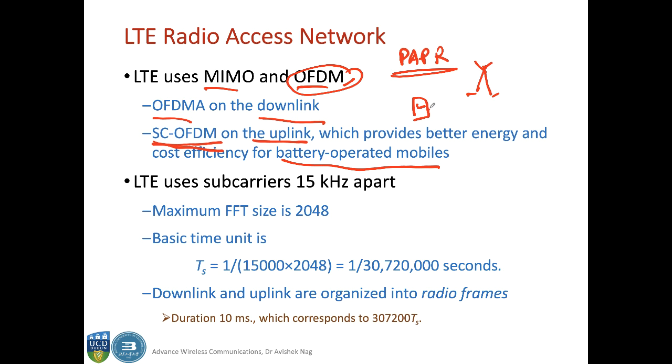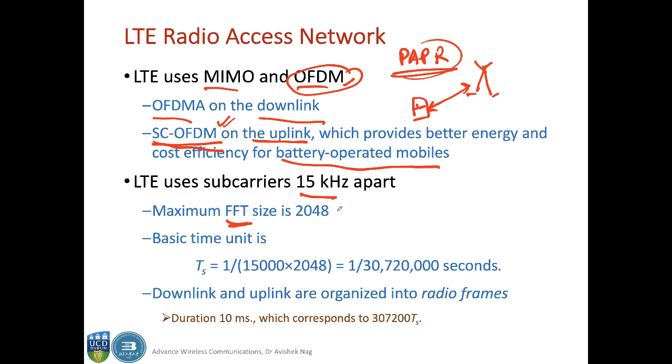For the uplink, your mobile phone is operated on a battery, and here you cannot have this high power consumption because of PAPR. That is why the mobile phone transmitters operate on single carrier OFDM for LTE, and the E node Bs operate on OFDMA. Usually LTE uses subcarriers that are 15 kilohertz apart, and again